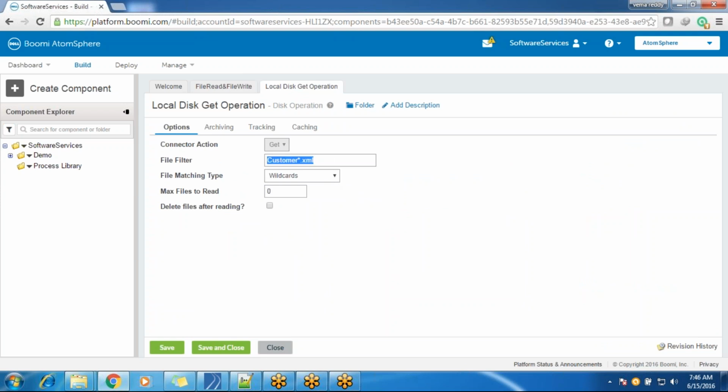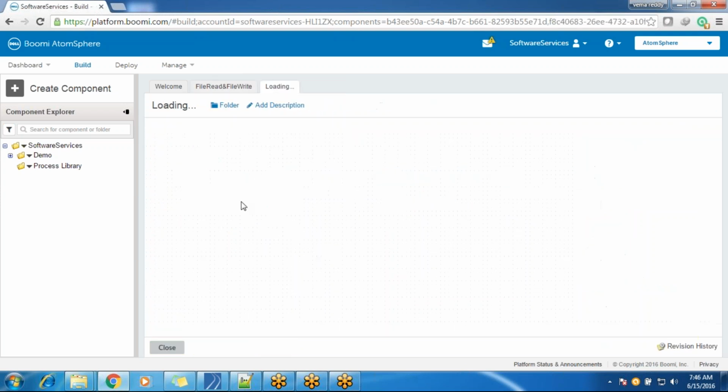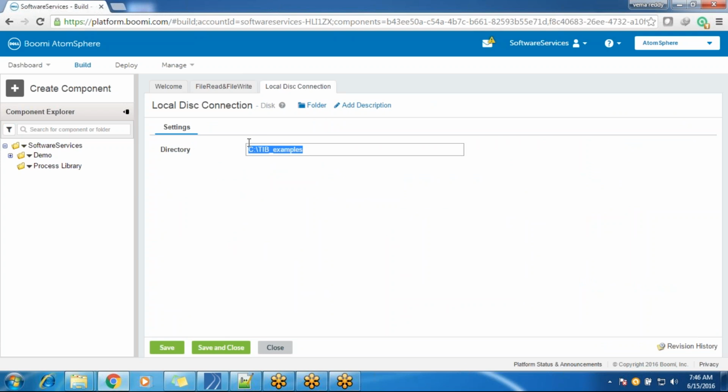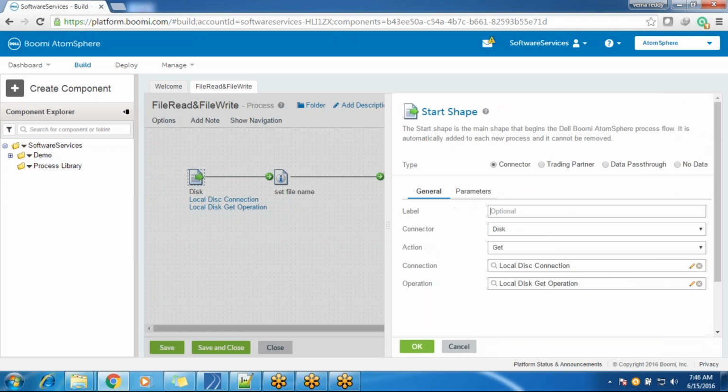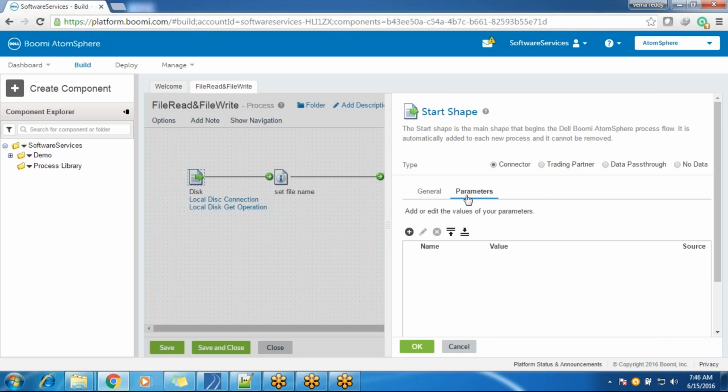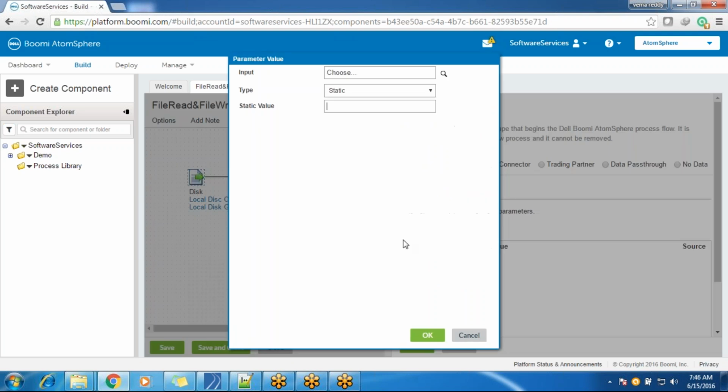Whatever is specified in the connection and in the operation, all the file and directory information will be overwritten by the parameters tab on the connector. This parameters tab is available for each and every connector. Depending on the connector type, the parameters are automatically organized. Click on the parameters tab, click the plus on the input and select. You can see for the disk connector,